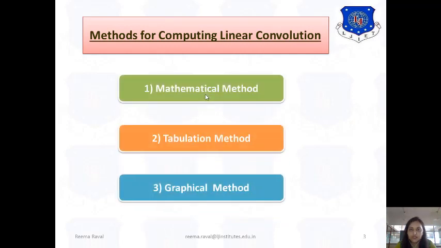In the previous session, we saw one example of the graphical method in which we took the same instances and the same data. That means there were three instances, that is n equals 0, 1, 2, with the same values. And in today's session, we take another variant of the example using the graphical method. Okay.